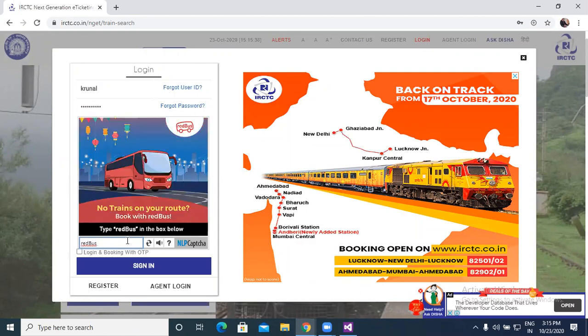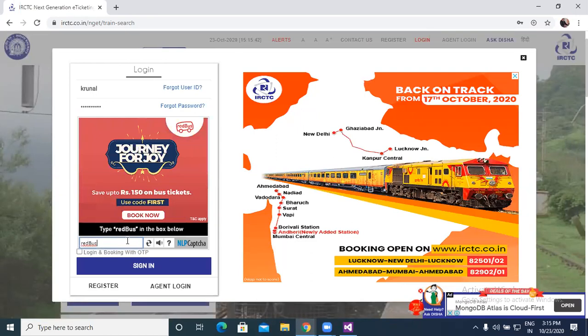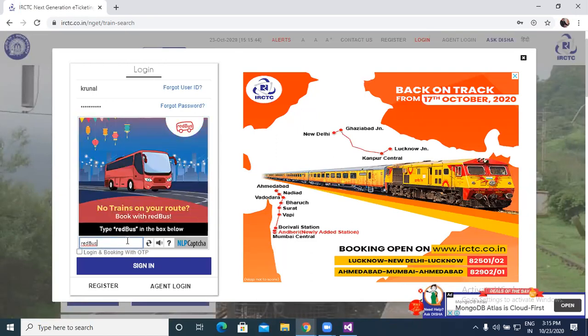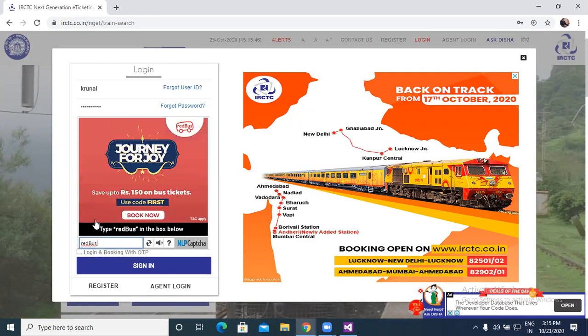If both are the same, then your CAPTCHA control is accepting, and you can log in to your page, and you can book the ticket. So this is a live example of the custom validator.